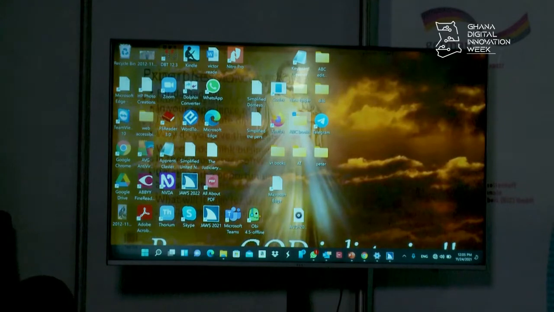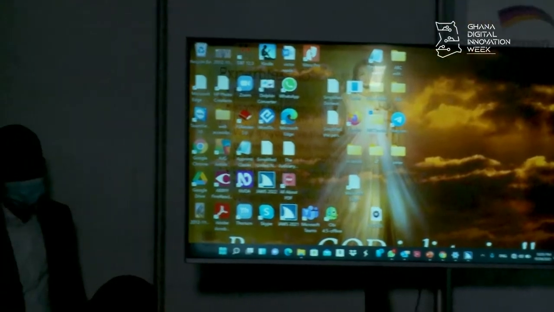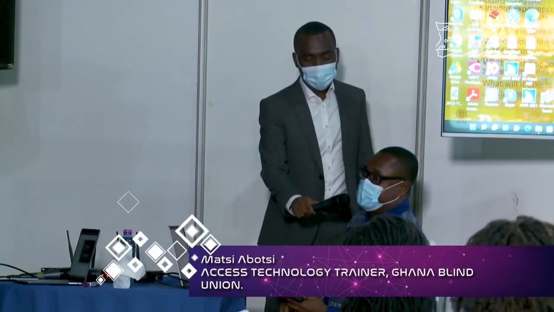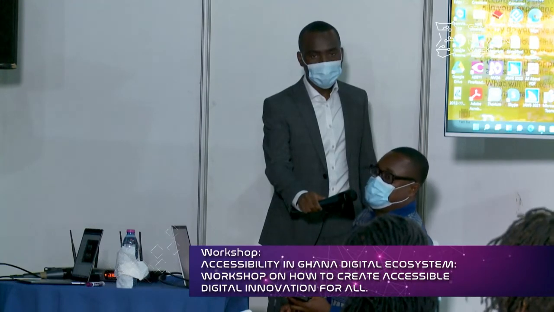Okay. I'm Mati Abbotti, and I work with Ghana Blind Union as access technology trainer. Myself, I have low vision or visual impairment. Though I can see you there, I don't have detailed vision. I can see your face. When I take a printed paper like this, I can see there's something written on it, but I can't actually read it because I don't have detailed vision. But like Deric was saying, it's a hidden disability. You may not know that that person has